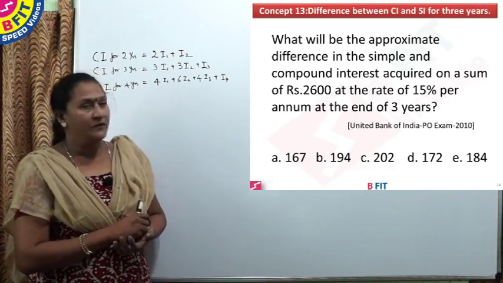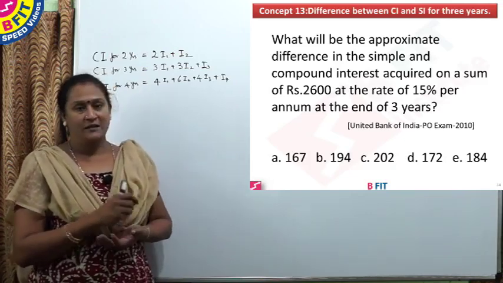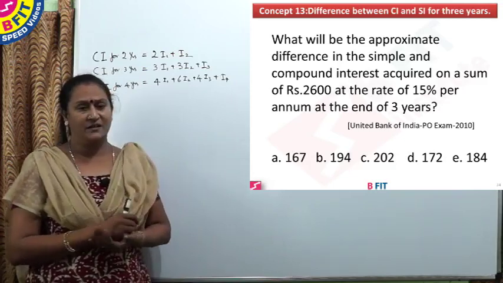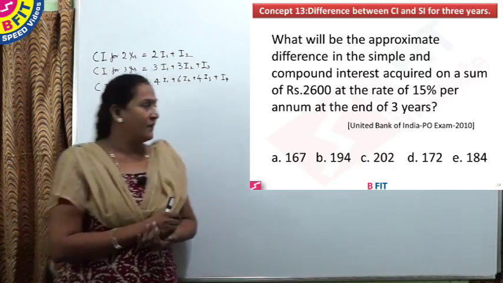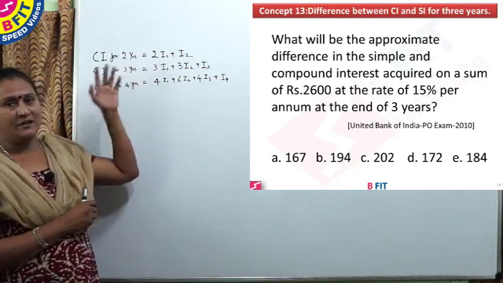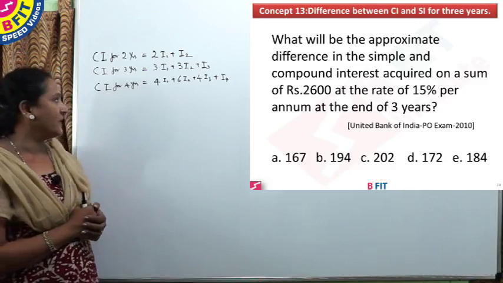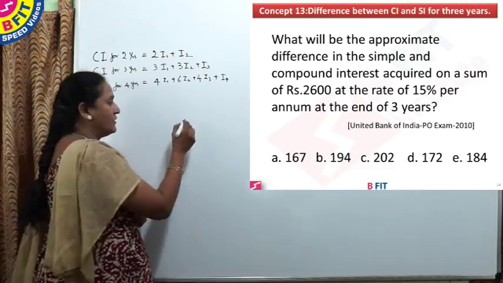So here the difference between compound interest and simple interest is asked for 3 years, and the sum deposited is 2,600 and the rate is 15%. So we have the formula to find compound interest for 2 years, 3 years and 4 years. Here the difference between CI and SI for 3 years is asked. So we will take compound interest for 3 years,